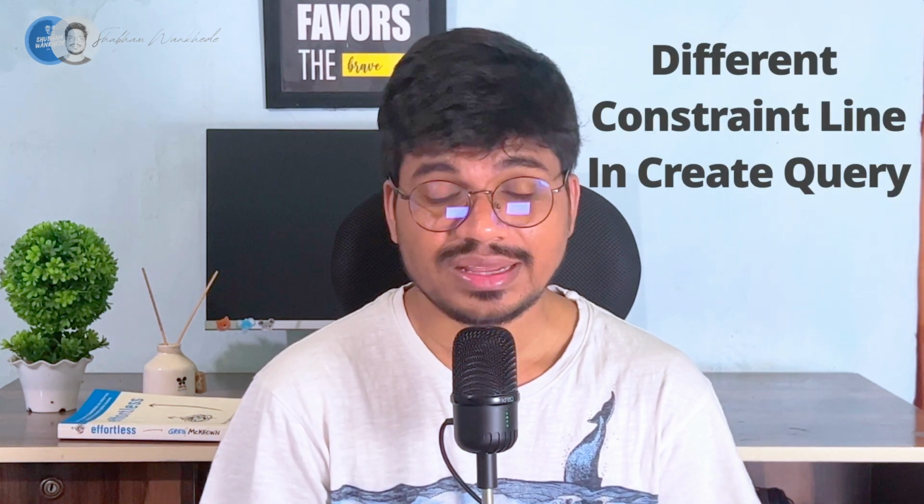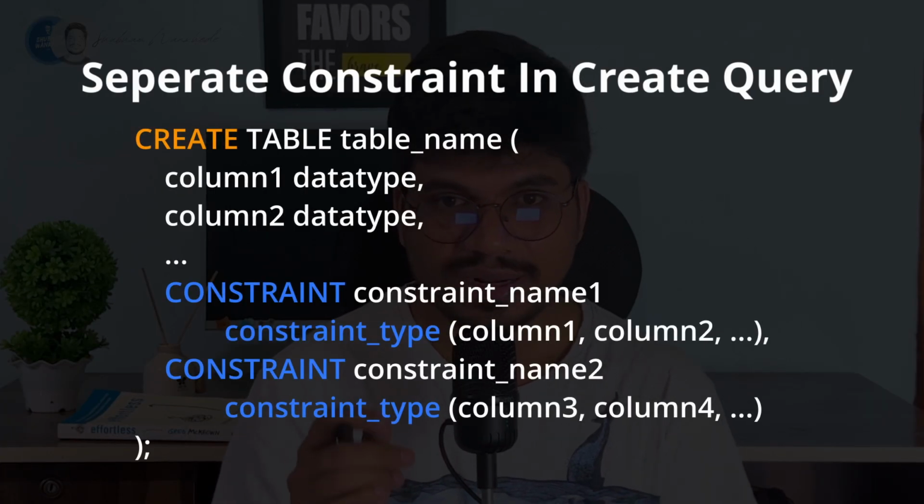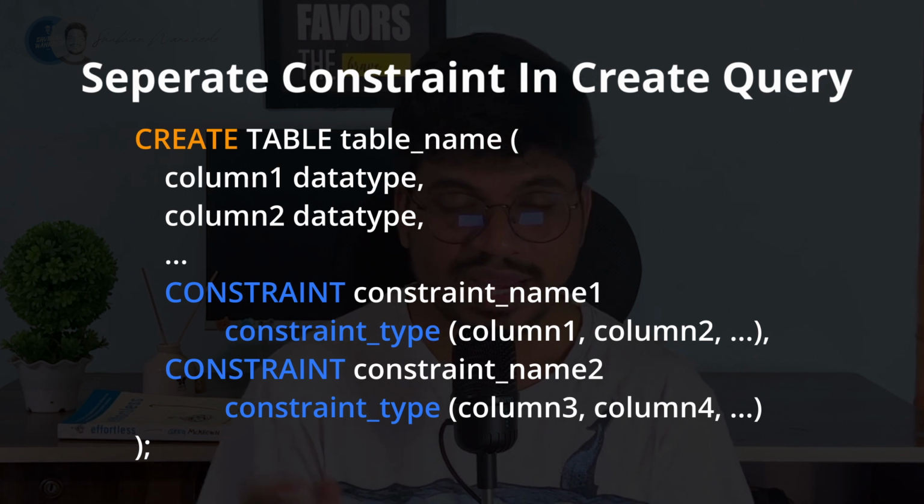Second approach is different constraint line. In that case, we still use the create query, but we don't write the constraint at the end of column after data type, but instead, after we are done defining all the columns, what we do is we just separate it with a comma, and after that we write a statement. So we write constraint name, the type of constraint,